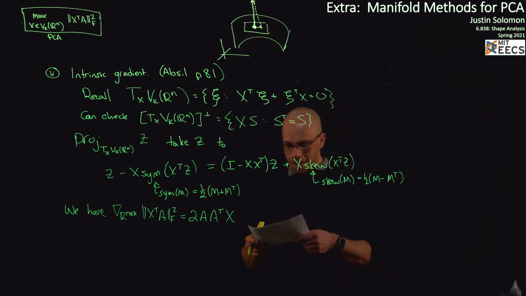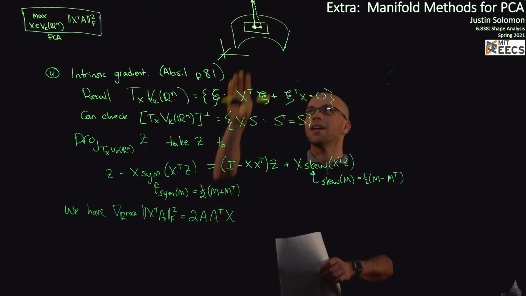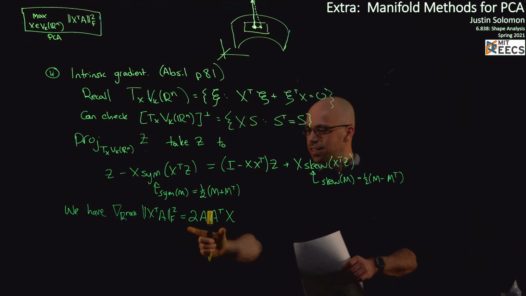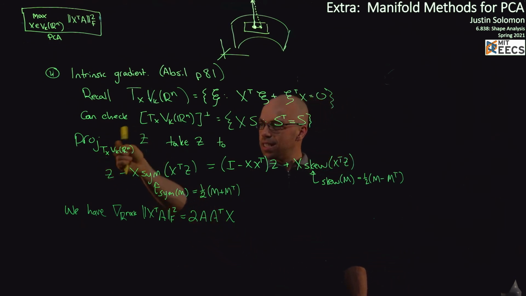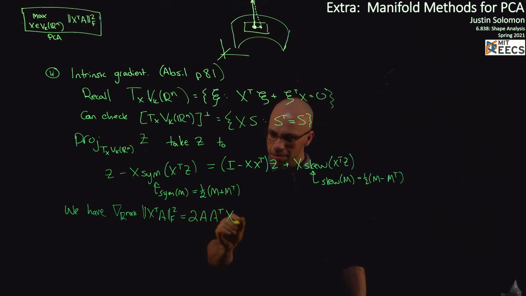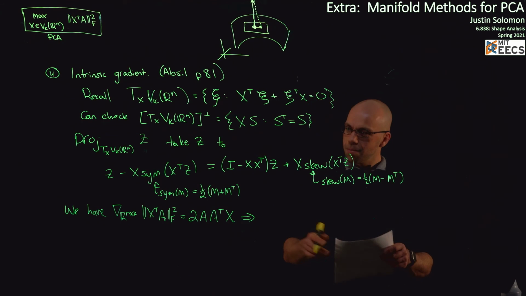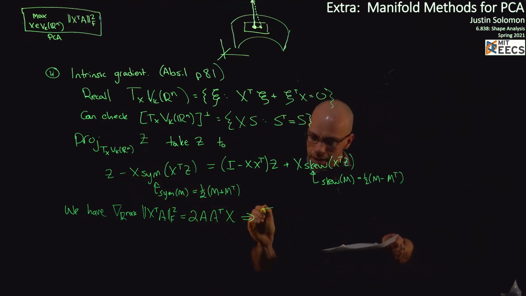Okay, so in particular, assuming that we're just going to inherit the metric of the outer space restricted to the tangent plane, I just need to take this vector and project it onto T_x of V_k. Okay, so how do I do that? Well, I can just plug into this formula on the left-hand side, and I get that the gradient intrinsic to